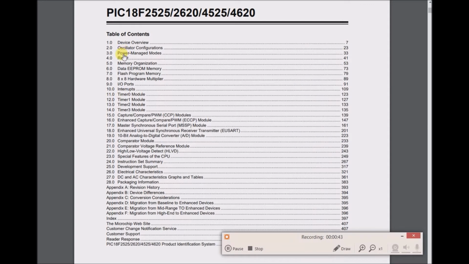I don't know, did I read this? Reset, memory organization, data EEPROM memory, flash program memory, timer modules, I/O ports, interrupts, capture compare, enhanced capture compare, master synchronous serial port,